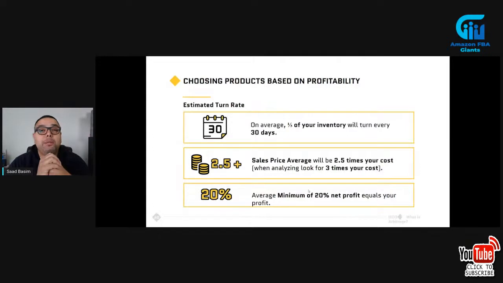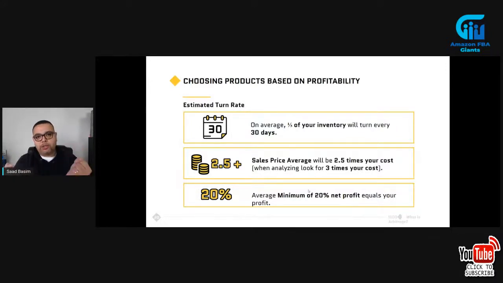But if you have a really, really big business, and that's something you need to understand about volume, like you want to turn around $1 million worth of products. If you do 10%, you're really good. 15%, really good. So imagine if you do $1 million and you're netting in your pocket 100 to 150,000. And it's very easy for you to get these products, especially if you do pallets, if you do wholesale, it's really, really good. So these numbers are going to fluctuate depending on your goals and what exactly you want